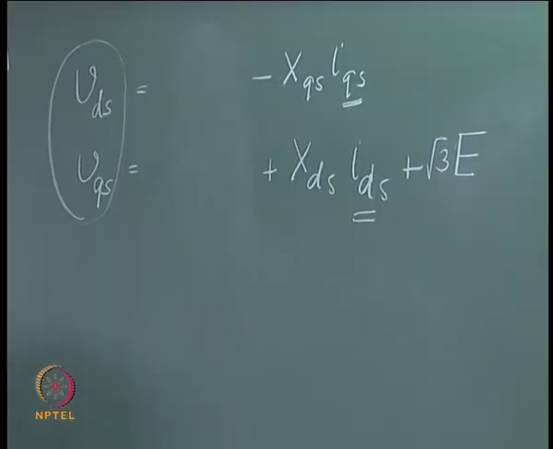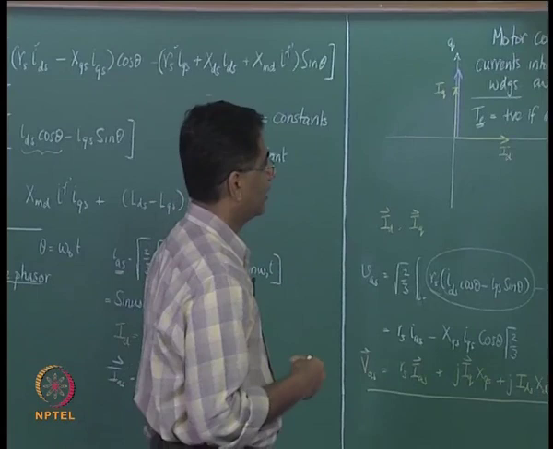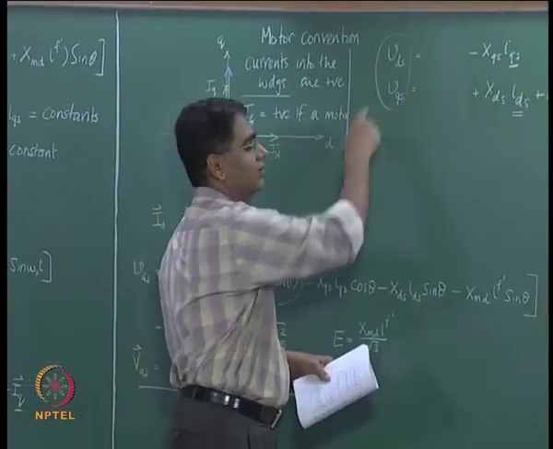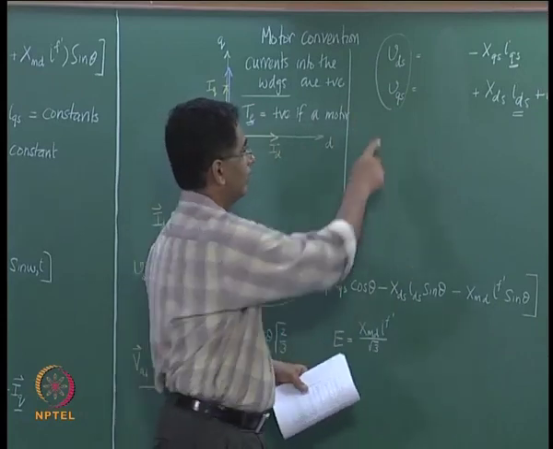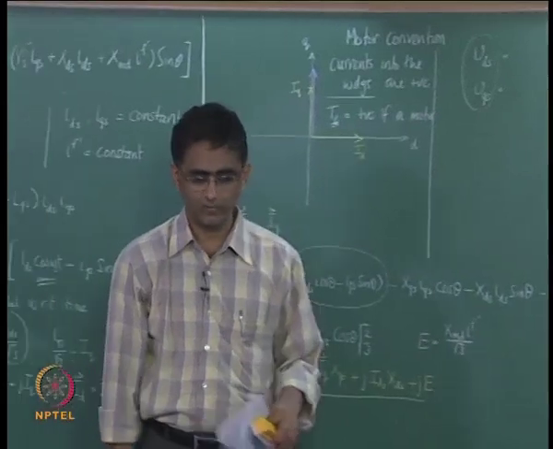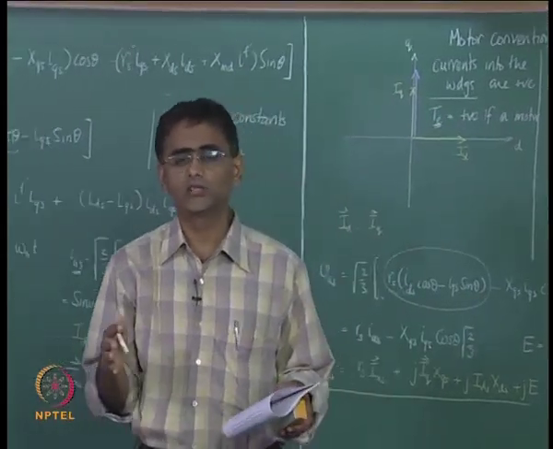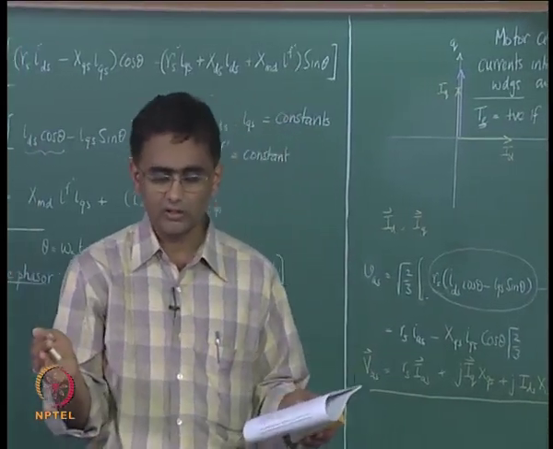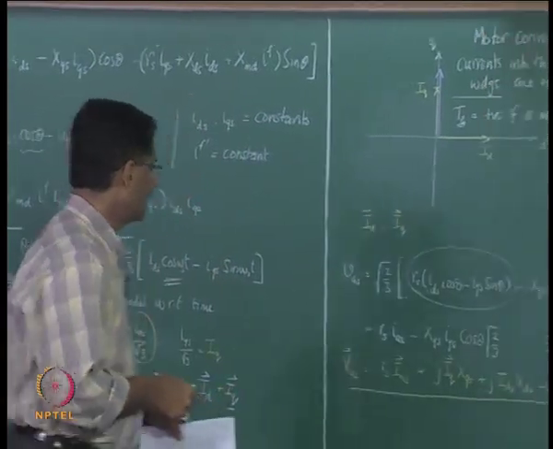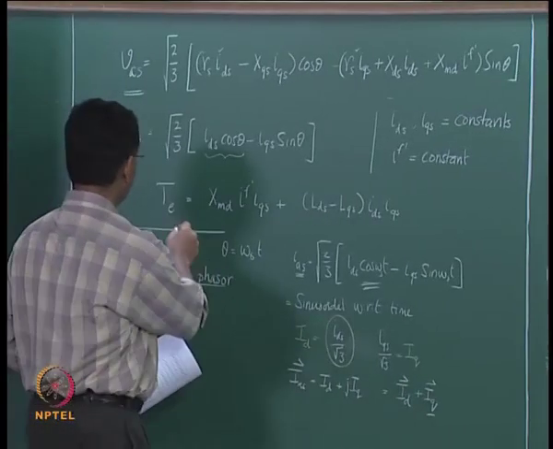So what we can see from this is, under this condition, when IAS is 0, IDS is 0 and IQS is 0, VDS becomes 0 and VQS is directly equal to the induced EMF. So that is a situation that exists when a machine is just synchronized to the grid. And if you look at the expression for TE,